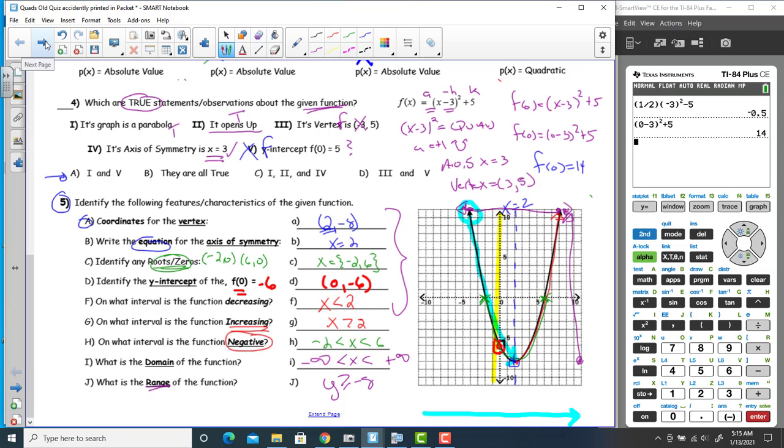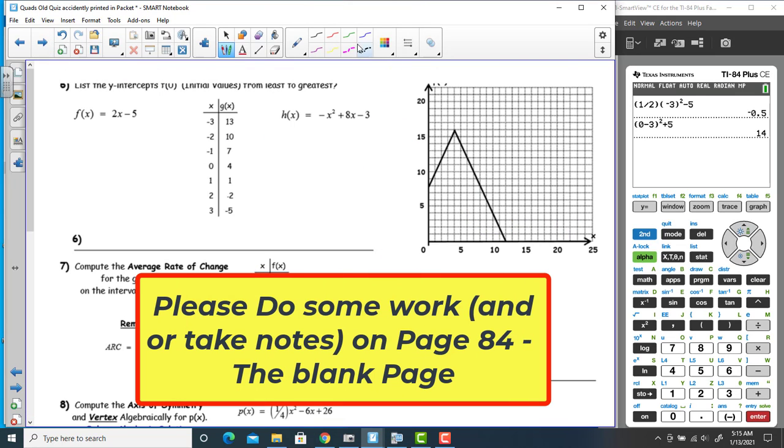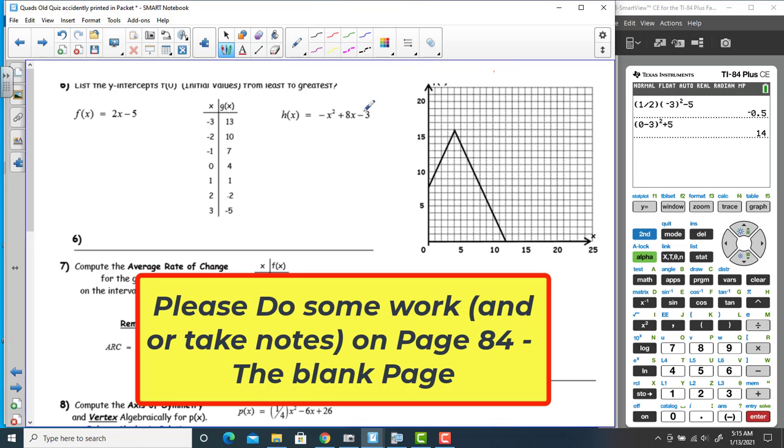Now, I have to apologize. You guys don't have a second page, so I'm going to need you to turn to the next page, page 84, the blank page. There are still a few observations that I would like you guys to make. I forgot to print the page, but we can still do it together through the video and on the blank page. So on your blank page, ladies and gentlemen, question number 6 would like you to list the y-intercepts,